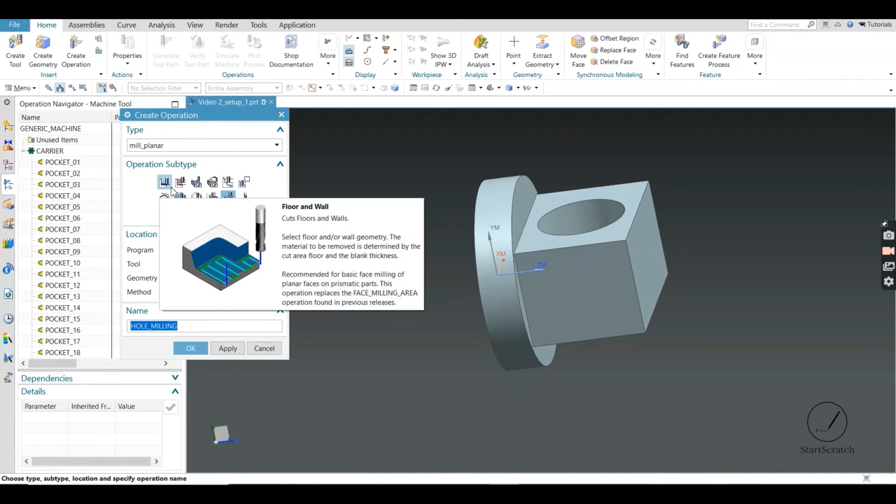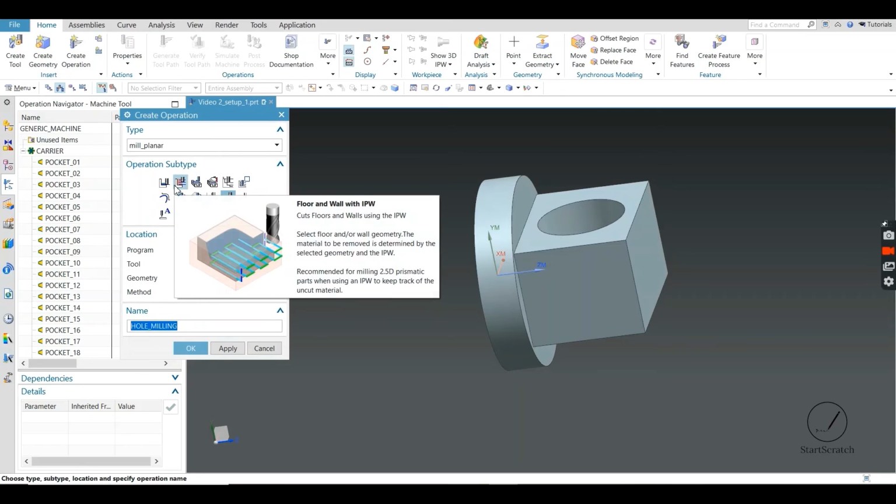There are two basic types of operations for facing, that is floor, and floor and wall with IPW.